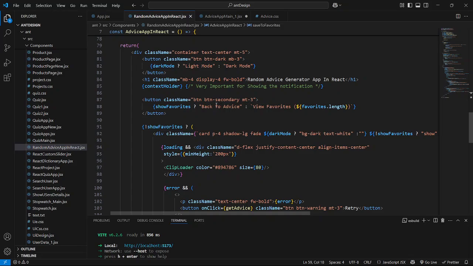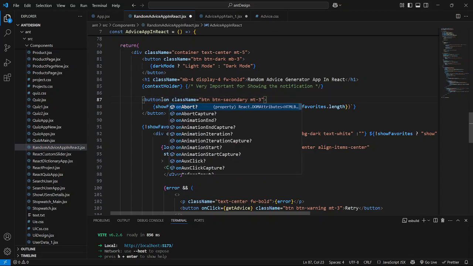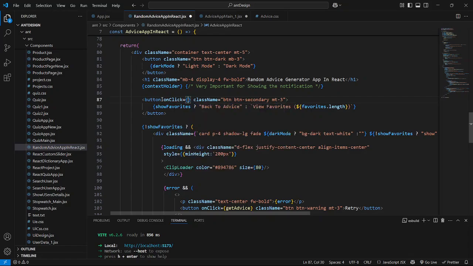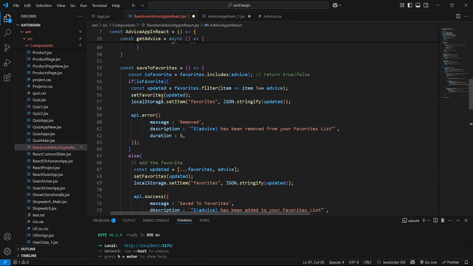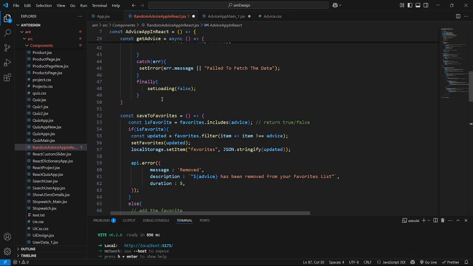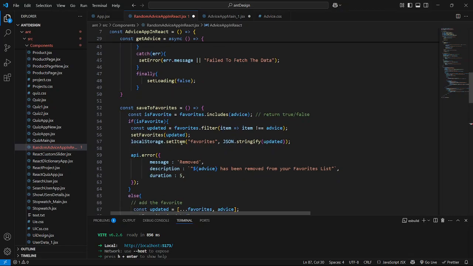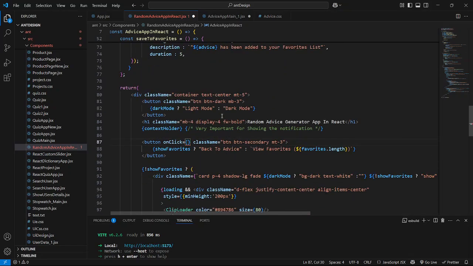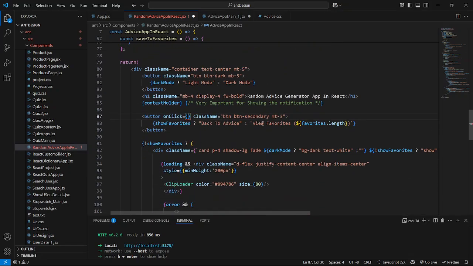favorite. Okay, view favorite. So on this method, we have to call one method. I explained this to you previously. So on click of this, we have to call which method, guys? On click of this button, on click of this view favorites, we have to say here